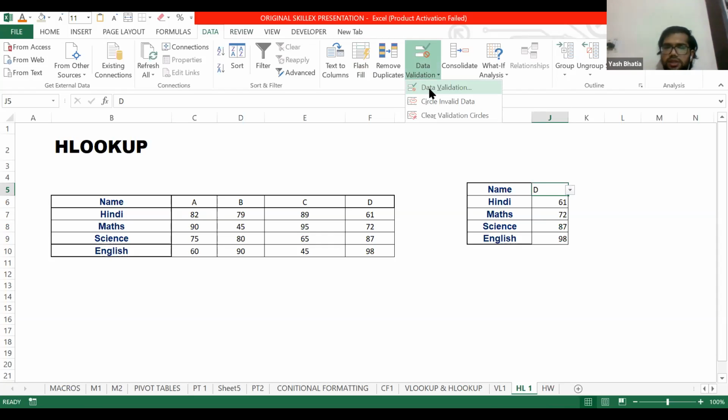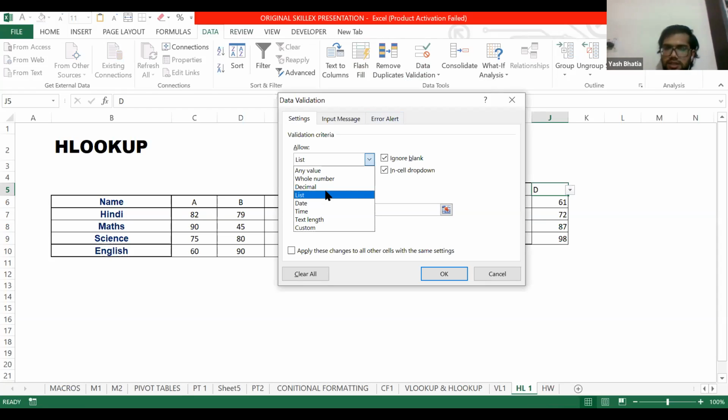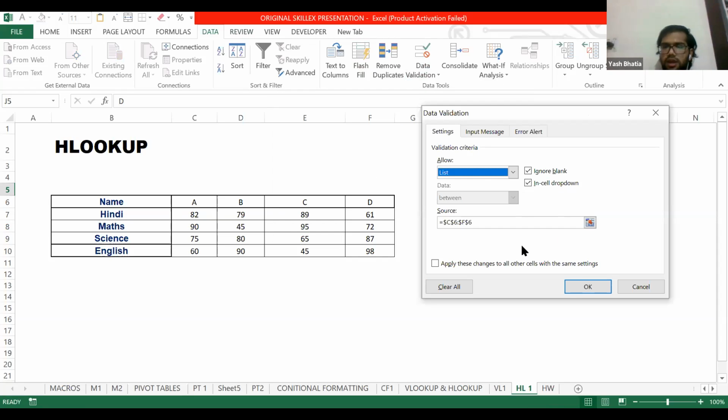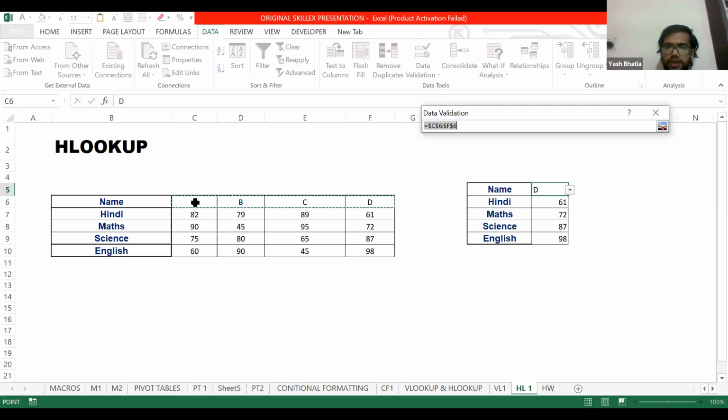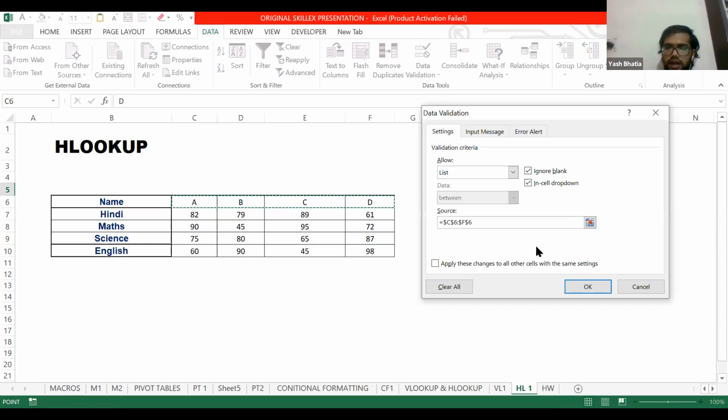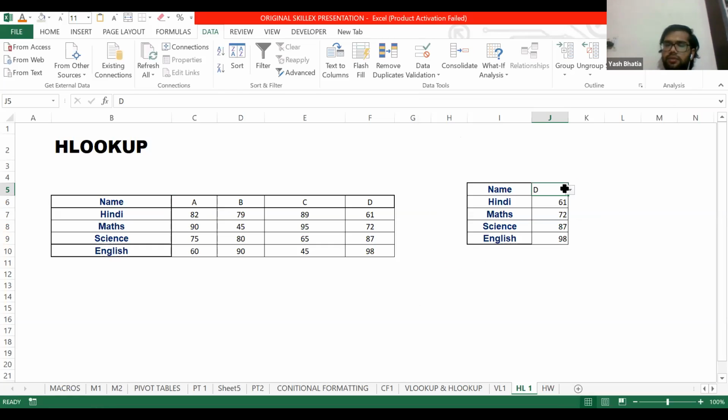Choose the criteria as list, because we have four students and we want a list of those students. Then select the source. I select the students again, select the source, click enter, click OK, and our list will be created.